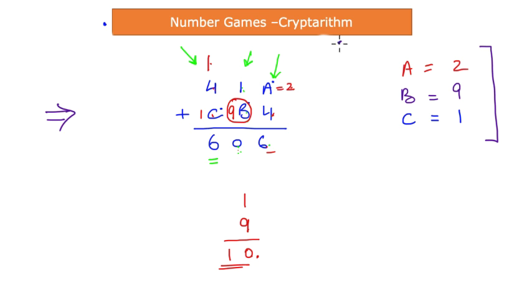So cryptarithm, as fancy as the name sounds, these puzzles are very interesting, and in fact, they create a fun part in mathematics. And once you know the trick, go one step at a time, start from right, start from left, it doesn't matter, as long as you solve this puzzle of finding the alphabets and their replacement digits. Okay, so with that, let us pause here and learn more number games in our future tutorials.